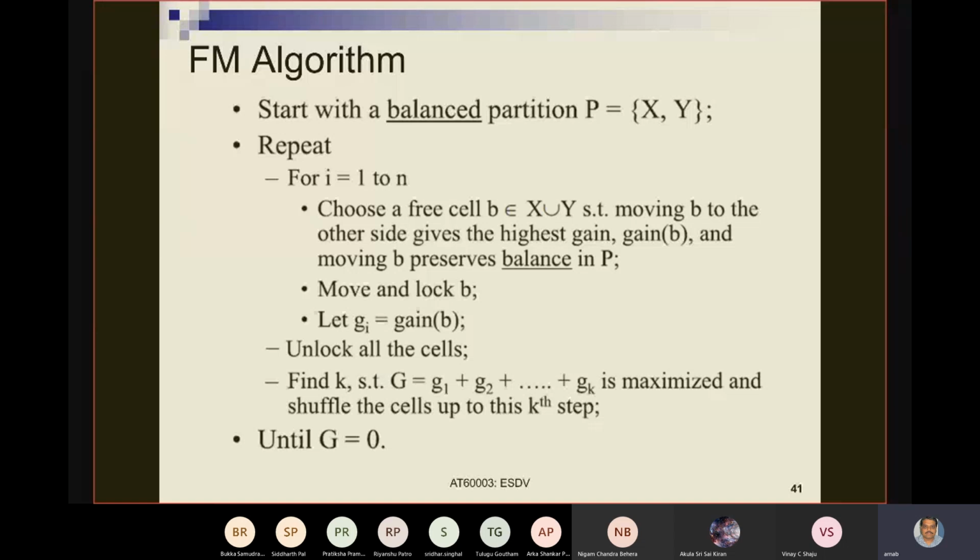So the Fiducia Mathesis algorithm is a partitioning algorithm which was modified by Frank Wahid for hardware software partitioning. And this is the basic version of the algorithm that we are learning here. It starts with an initial partition, each side consisting of a set of tasks. And we are saying that we want to minimize the software cost.